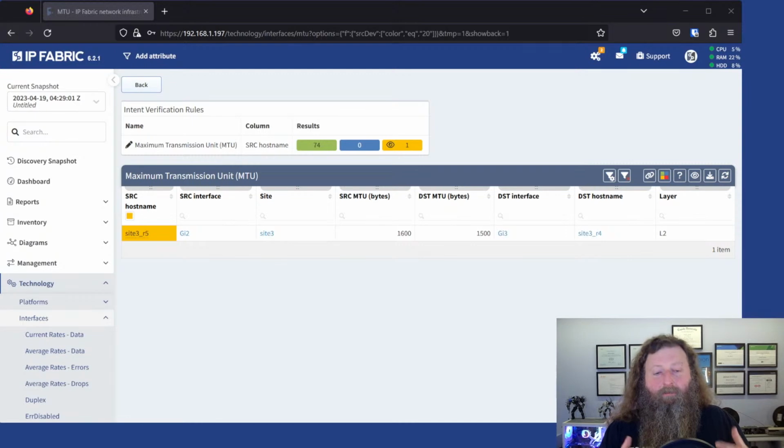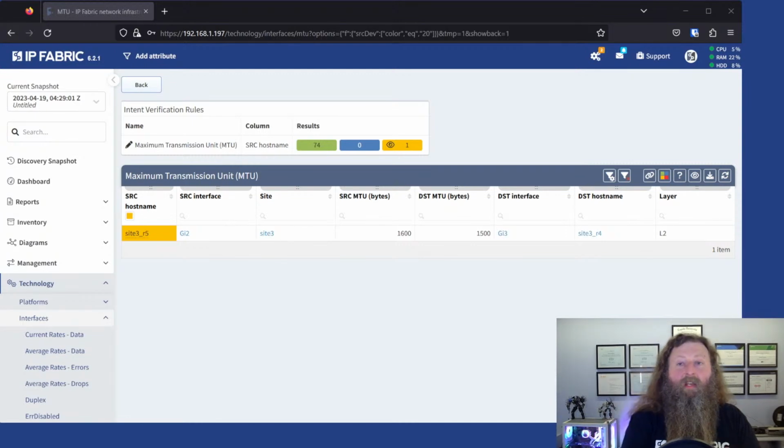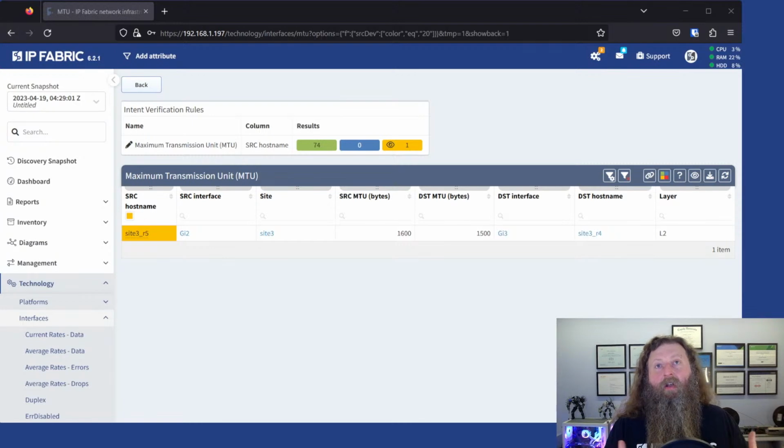So getting that information is hugely beneficial from a troubleshooting standpoint. Being able to collect and analyze the data, or have a tool that does most of that work for you, brings it to you in a way that's easy to consume. You can bounce between the different snapshots, the different devices, the different views. You can use intent checks to really get an understanding of whether or not the environment is operating the way that it should be. And then with that, you can take a lot of the work of troubleshooting those issues and push that to, say, less senior engineers. You could have a junior network engineer that's just looking at the dashboard and looking for things that are